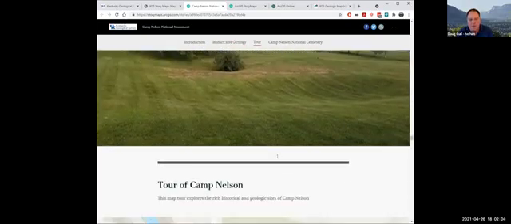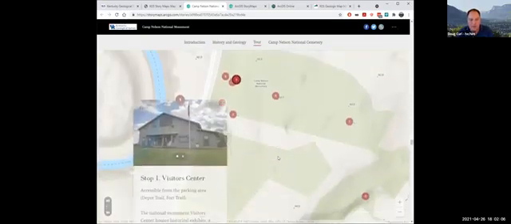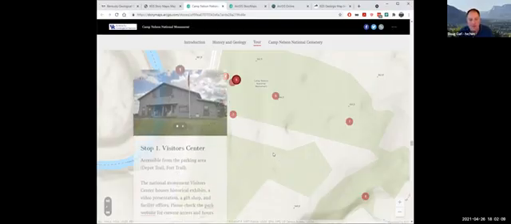And then we have a walking tour of Camp Nelson, so you can actually take this. And I should say the nice thing about using these builders is that they format for the phone. So if you're in an area with cell coverage, you can use these. Unfortunately, right now, there's not really a great offline option for StoryMaps.